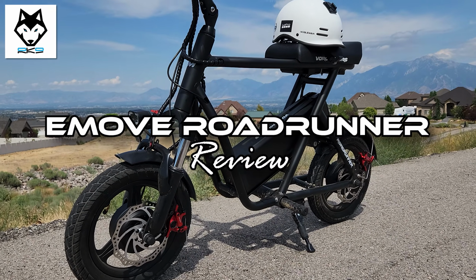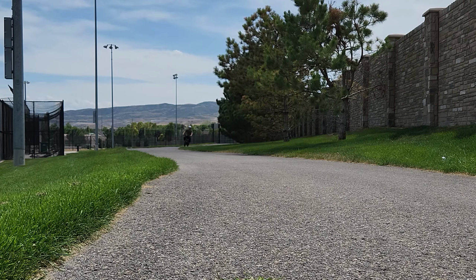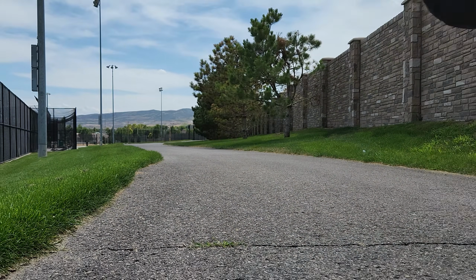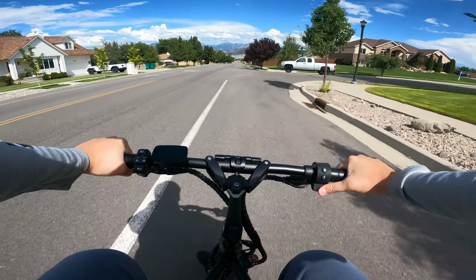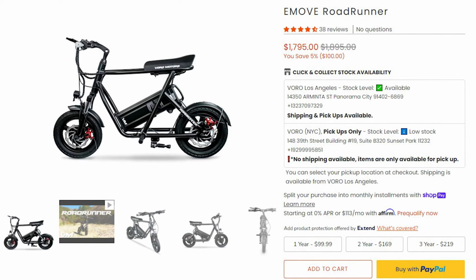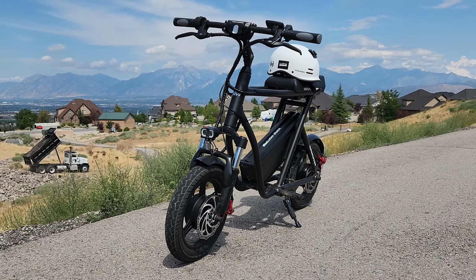The EMOVE Roadrunner is an awesome product. I mean, just look at it. A mini bike style PEV that goes over 30 miles an hour? What's not to like? The design is simple and straightforward while still turning heads because it's unlike almost anything else on the PEV market. But is it worth its fairly steep price tag of almost $1,800, or is it just